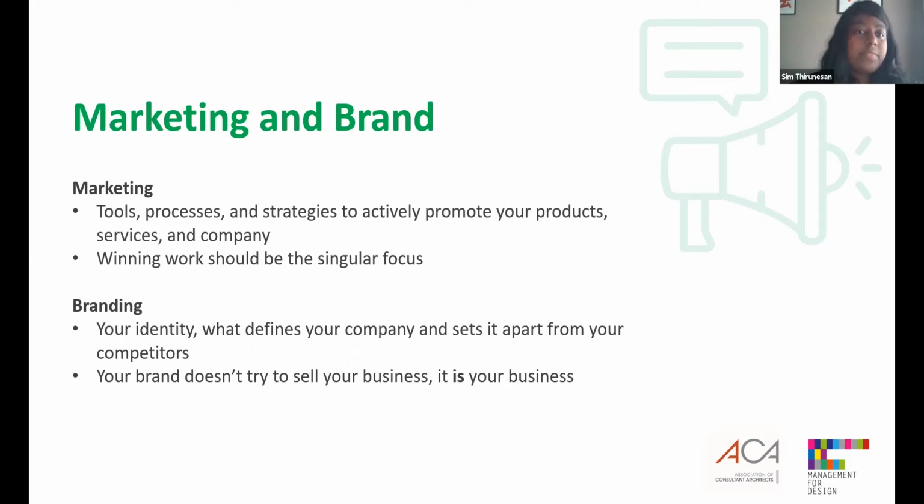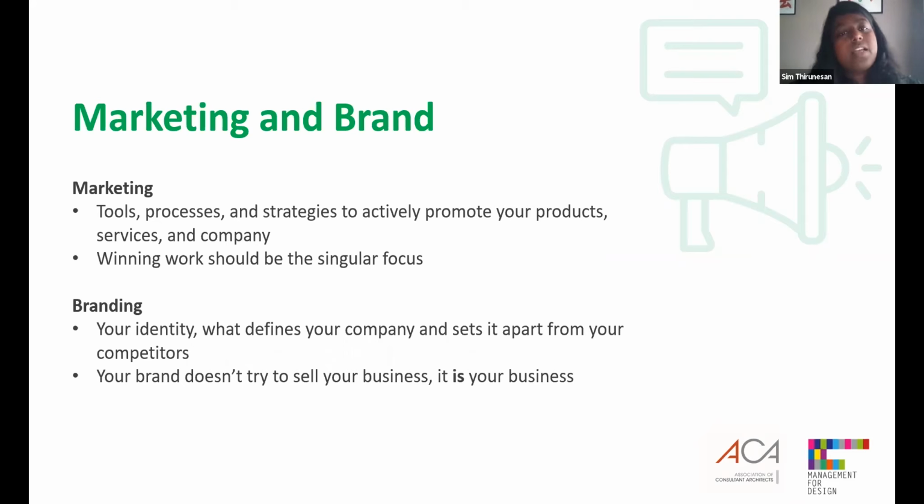Branding is your identity. It is what defines your company and what sets it apart from its competitors. When properly implemented, good branding fully explains who your company is, what it does, and what it's seeking to accomplish. In essence, your brand is the reason for being, the reputation and the concept that drives sales and influences clients. A brand comes first. It's your first introduction to your clients, the impression they're left with when a sale is complete, and the value they're going to be offered during the project process. A brand doesn't try to sell your business, it is your business.